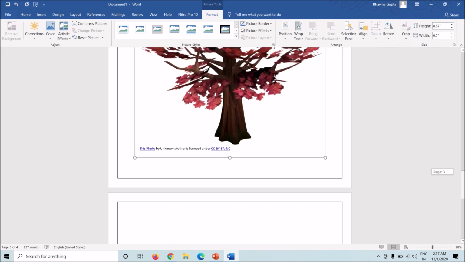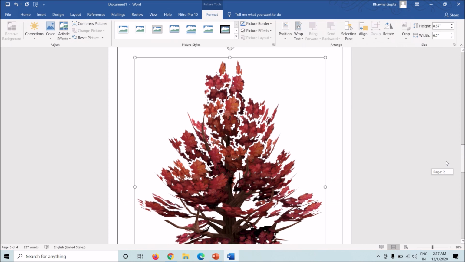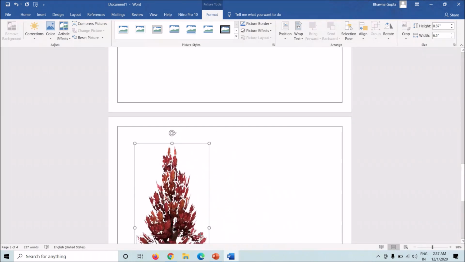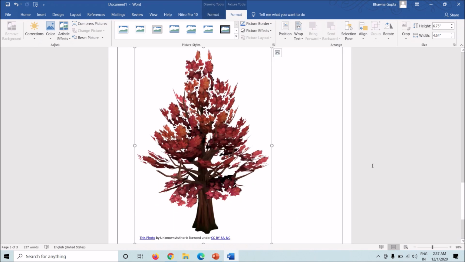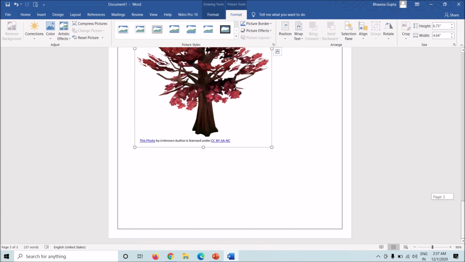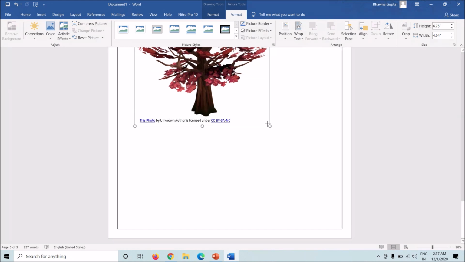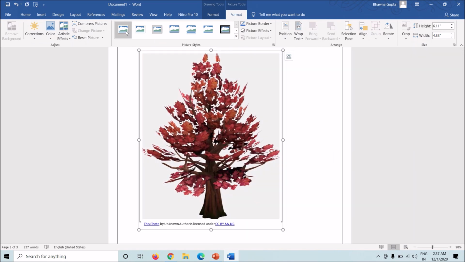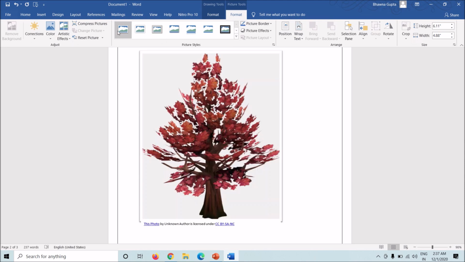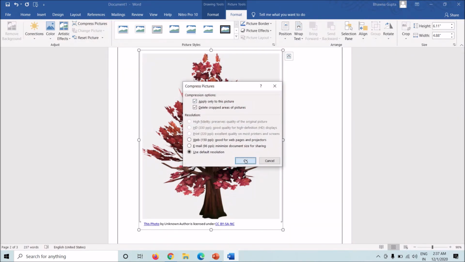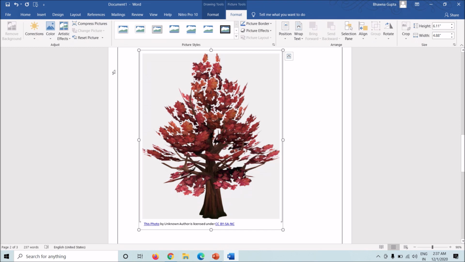So this is a picture, of course, and you can adjust it here like this, the size you want, the thickness, or it's up to you. This is how you insert a picture in Word, which is pretty simple. Now Word also provides editing of the picture. As you can see, you can add margins, a picture. Now you can compress the picture, apply to this picture only as well.